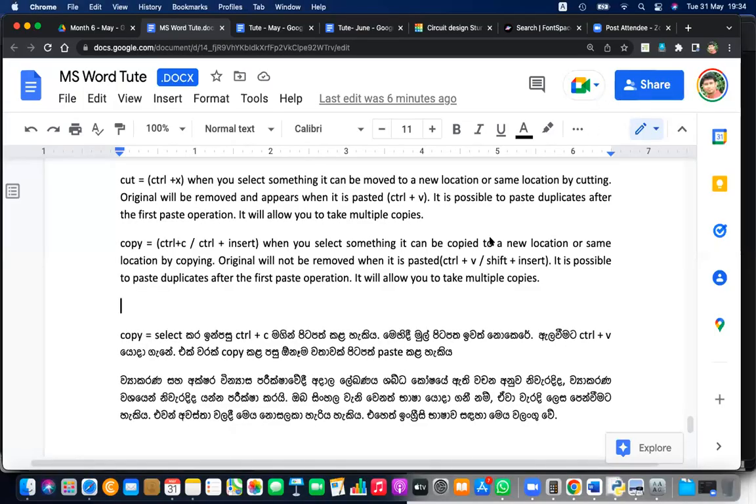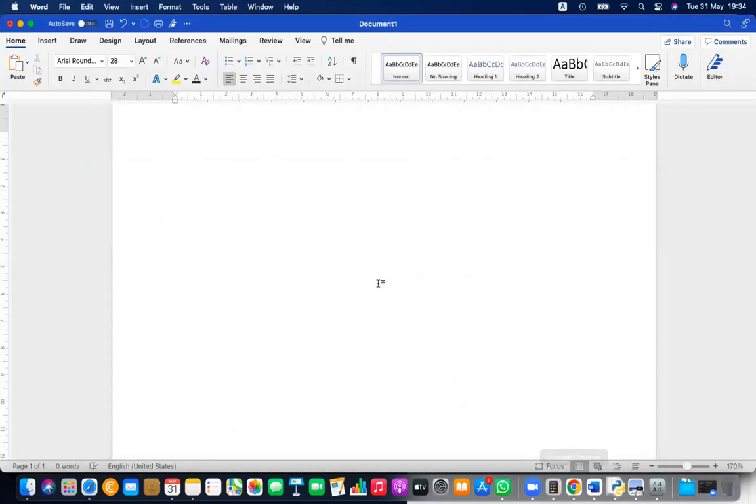And then check grammar and spelling. That is also a very important task that you can do using Microsoft Word. But the thing is, it will not recognize some components. For example, I'm writing, I have visited,